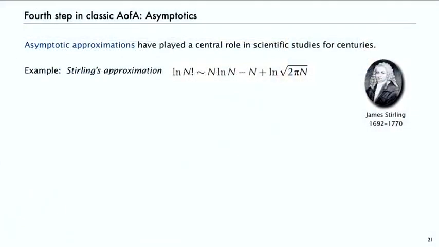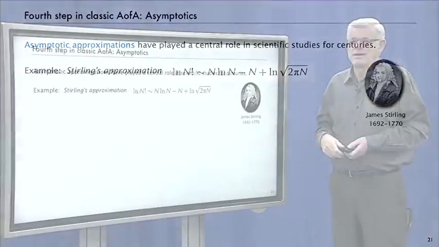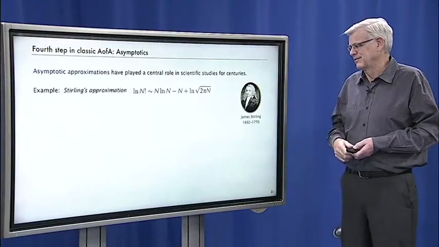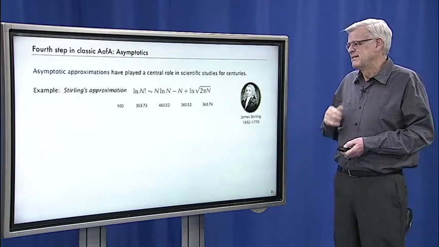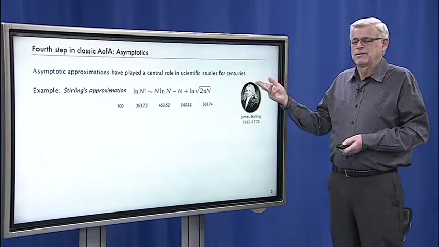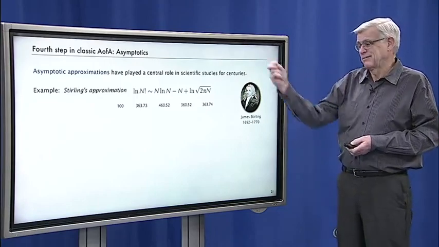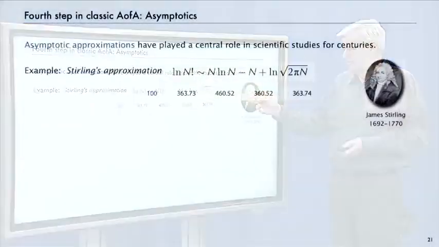And perhaps the most famous example of that is Stirling's approximation, developed in the 18th century. And it says that log of n factorial is about n log n minus n plus log of the square root of 2 pi n. And actually that square root of 2 pi was not known for quite a while. That was Stirling's contribution. And it's a very accurate approximation and a lot easier to compute than log of n factorial. Even for 100,